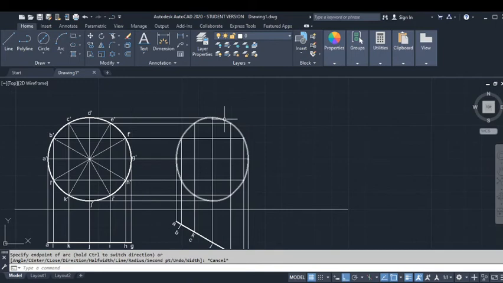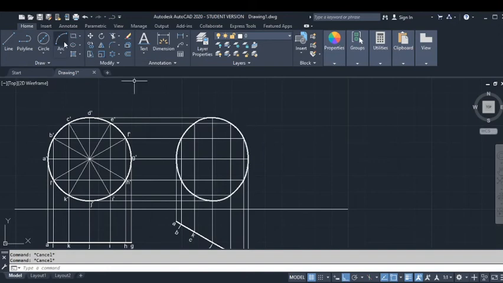I can get it in the previously mentioned manner, or else I can also select this object, right click on it, and then I'm going to get properties. As soon as I press properties, I'm going to get a window. In this window, I'm going to select the line weight option and increase the line weight. So you can either draw the object by initially giving a line weight, or else you can draw the object first and go to the properties and increase the line weight.